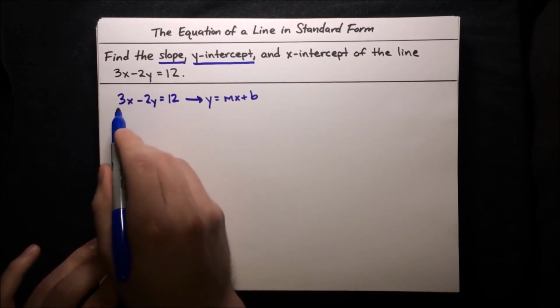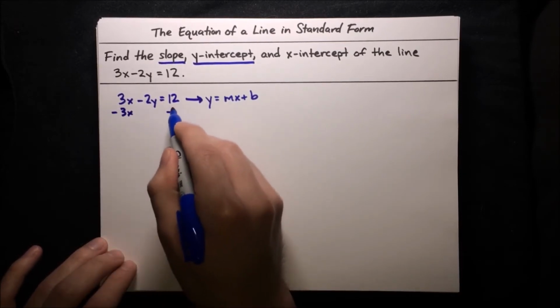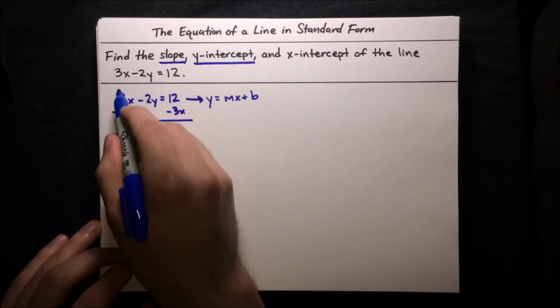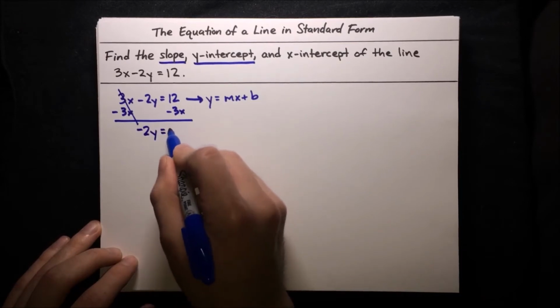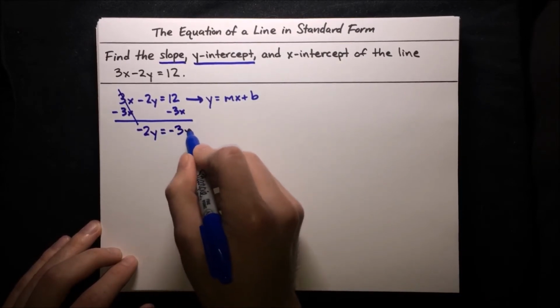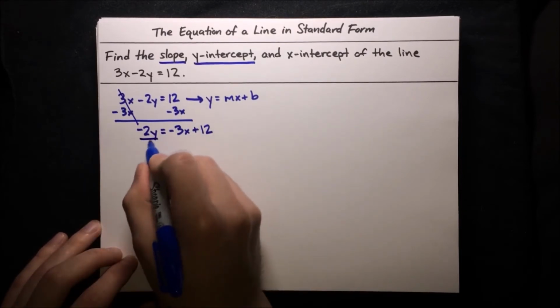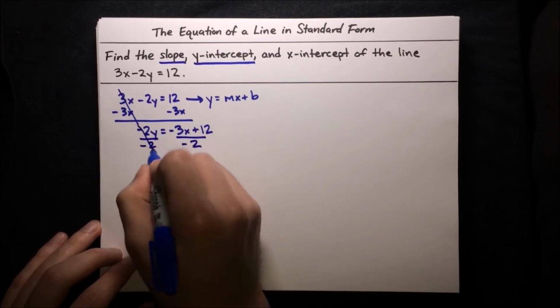So why don't we get rid of this 3x first, subtract 3x from both sides. That way we can just get y on the left-hand side. So this will cancel here, and we just have negative 2y is equal to negative 3x plus 12. Now we can just divide by negative 2 on both sides, and that cancels the negative 2 that's on the